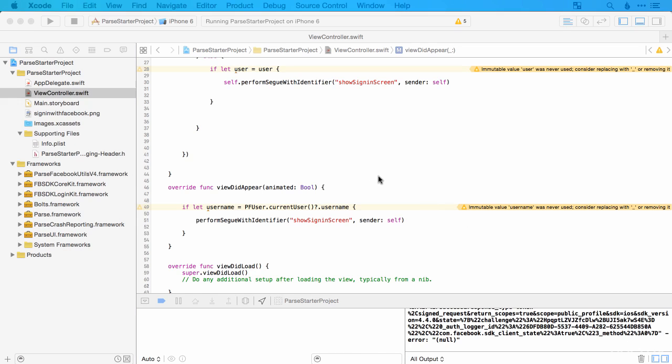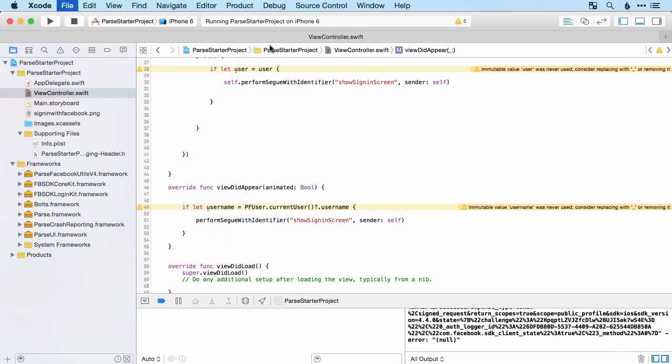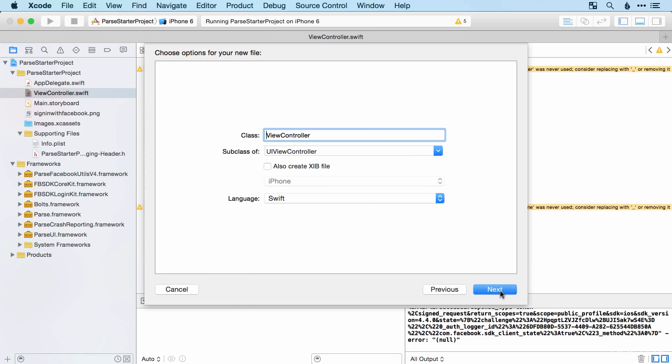So now we're going to create our sign-in screen where we're going to get a bit more information from the user, or specifically from the user's Facebook account. So let's create a new class. So new file to manage our sign-up screen. So it's Cocoa Touch class. It's going to be a subclass of view controller, and I will call it